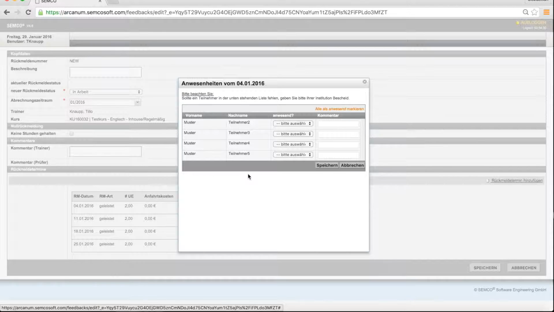Now, to make things easier for you, you can simply click on the button Alle anwesend, which means all present, as I am doing now. This has changed the status of each participant to anwesend, which means present. Now, I can go back and select whichever student might not have been present that day and change their status